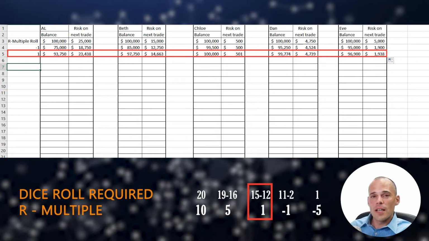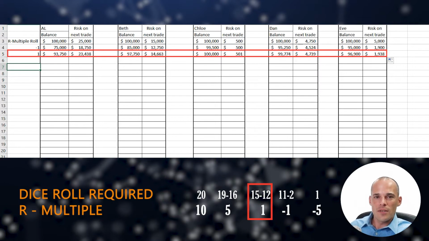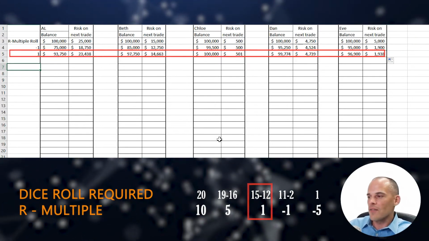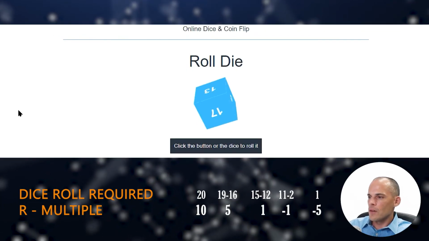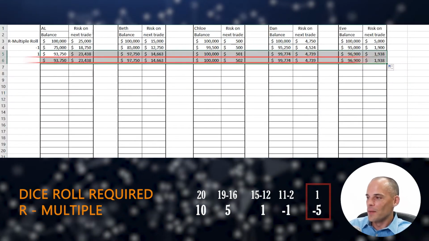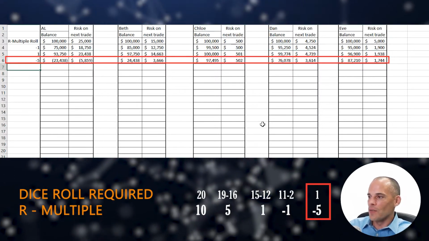If you're interested in playing along, I would recommend pausing the video in between each dice roll, because you probably won't have enough time to put your numbers in and do calculations and everything, because we're going to make this kind of fast through the edit. Okay, next dice roll. It's a 1. Uh-oh. That is a -5, folks. That is no fun. Ouch.